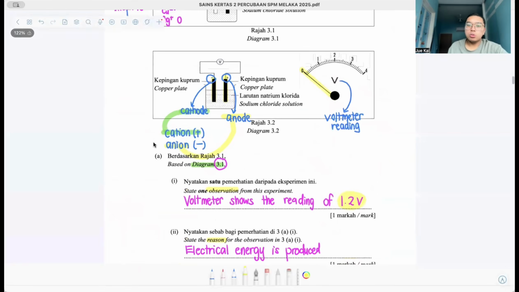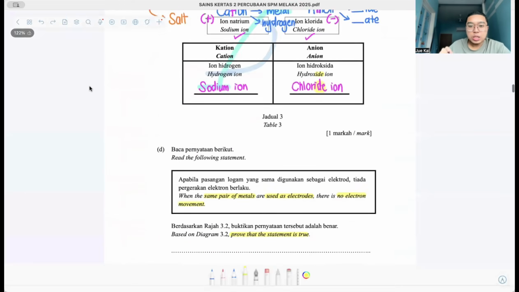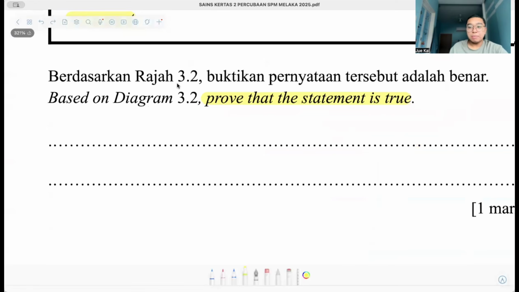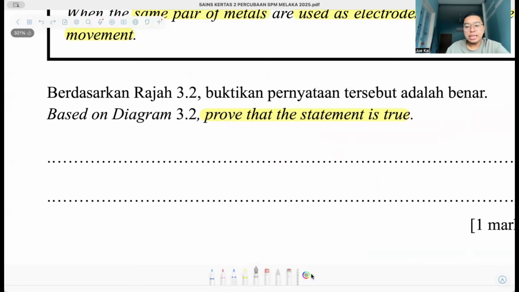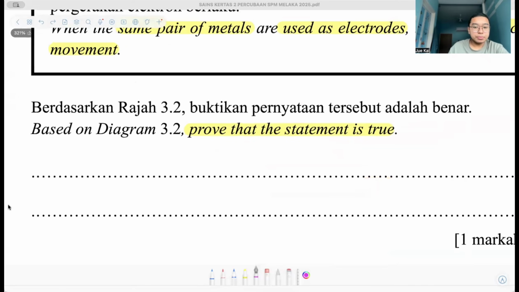I don't know what to write. No need to say don't know. You just refer to diagram 3.2, you can confirm and write. Okay, so let's see. It wants you to prove the statement, whether the statement is true or not true. Really easy. So just prove. Okay, how to prove? You just mention